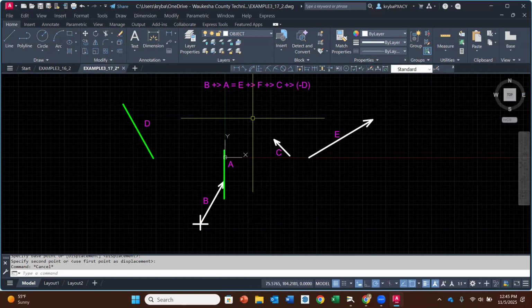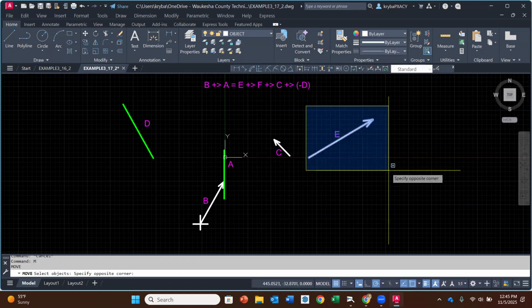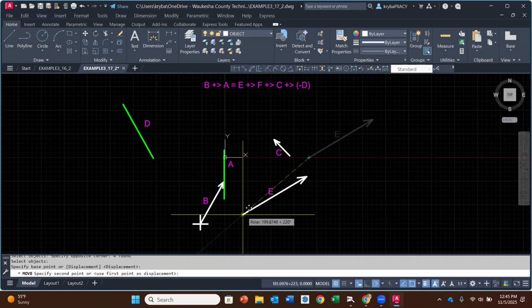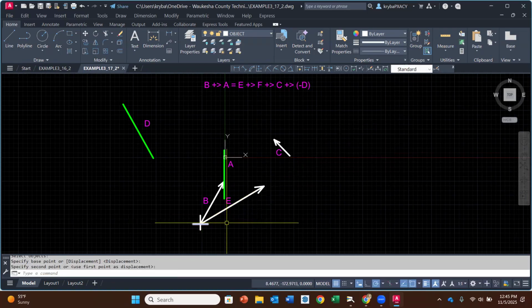Now what I'm going to do is cross over the equal sign, which means I'm going to go back to my origin. And with the first vector that I have, which is vector E, I'm going to place its tail at the origin. Okay. Then to the endpoint of that,